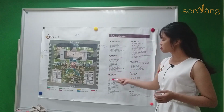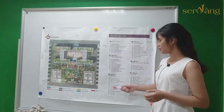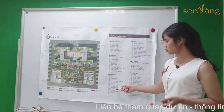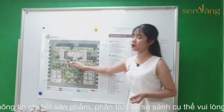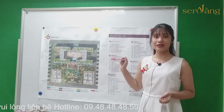Keep going about the landscape community. It has a gate, a viewing tower, a fountain, herbal garden, spa garden, a tropical garden, river, and so on. They are integrated in this area, and especially Sixth Element is the first project in Hanoi to have